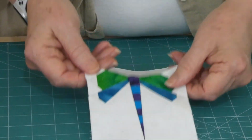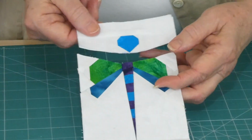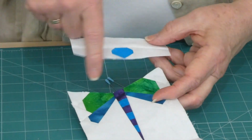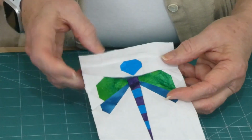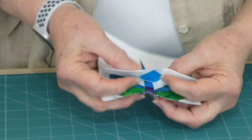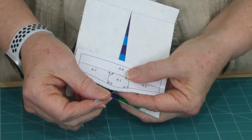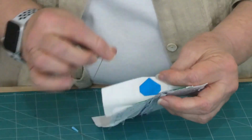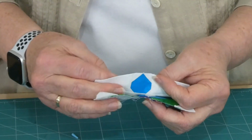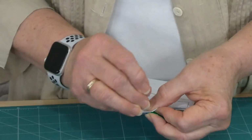So now what we have to do is put the head on. Poor guy can't see where he's going. So we're going to treat it like a little bit of a curved seam. What I'm going to suggest that we do is put a pin in the center, so we know where the center of the body is, and we can see where the center of the head is, because for mine the stitching ends there where those little triangles meet. So I'm going to pin that there,